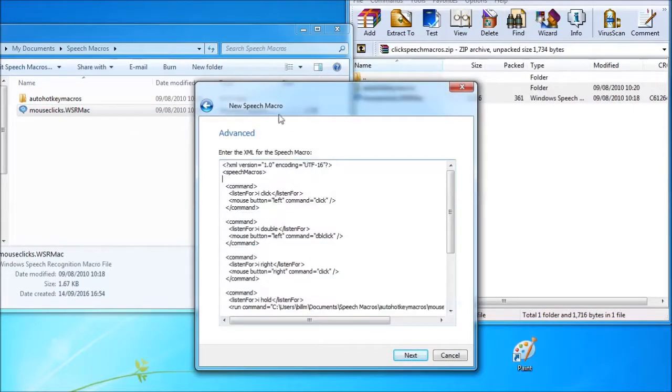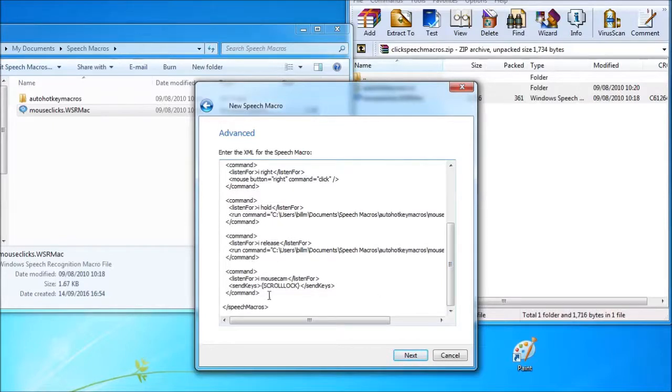Now in this editing bit, it can look a little daunting if you're not used to coding, but simply put, it's listen for iClick and then it will do a left click. Listen for iDouble, it does a double click. Listen for iWrite, it does a right click. Listen for iMouseCam presses the scroll lock key, but we don't need that command at all, so we can just